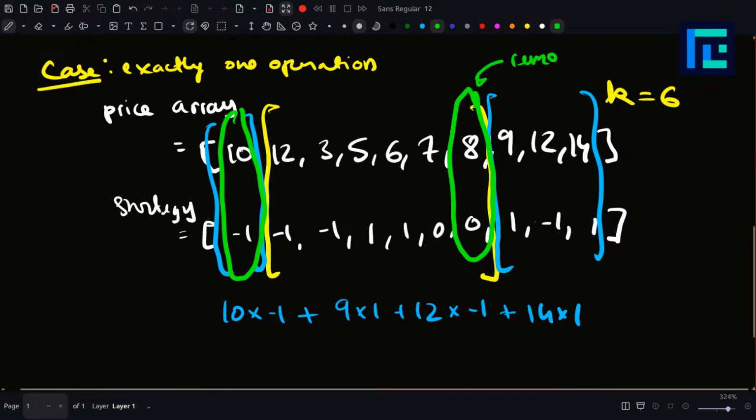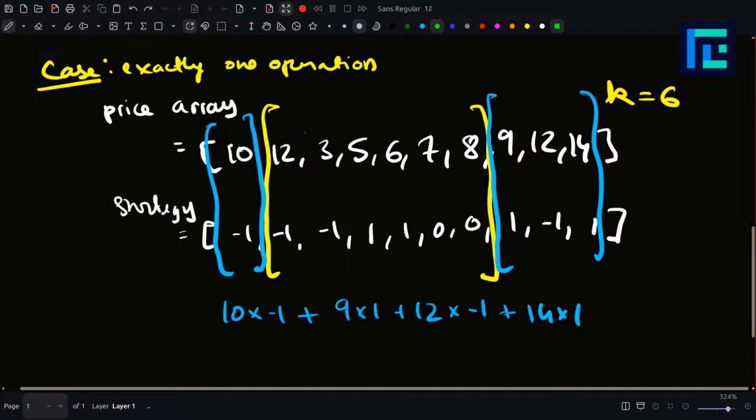This value is getting removed from the base, which means the elements which are outside the sliding window, and this value is getting added to the base. And we can change this in O of 1, if we have a pointer to both of these positions, we can just change this in O of 1. Okay, similarly, the subarray itself which we are choosing is also a sliding window, so this 10 times